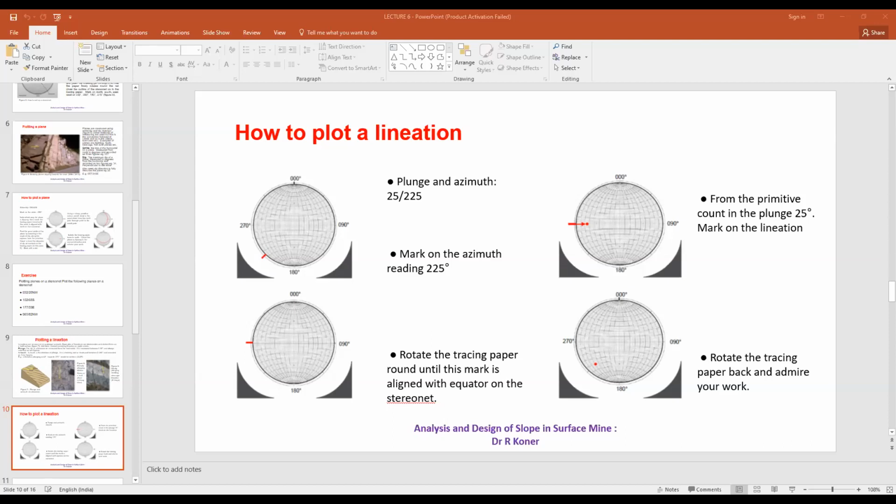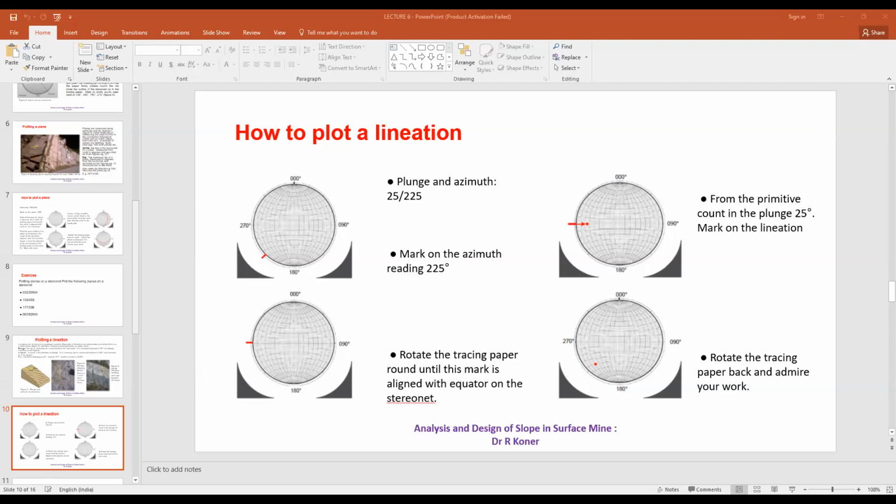Yes, sir. And in the plane also, we always measure the orientation along the primitive. We have also done the same thing here. And in the plane, we have measured dip along the equator. We have done the same thing: we have measured the dip, the plunge, along the equator. So the principal things remain the same. So is it understood now?